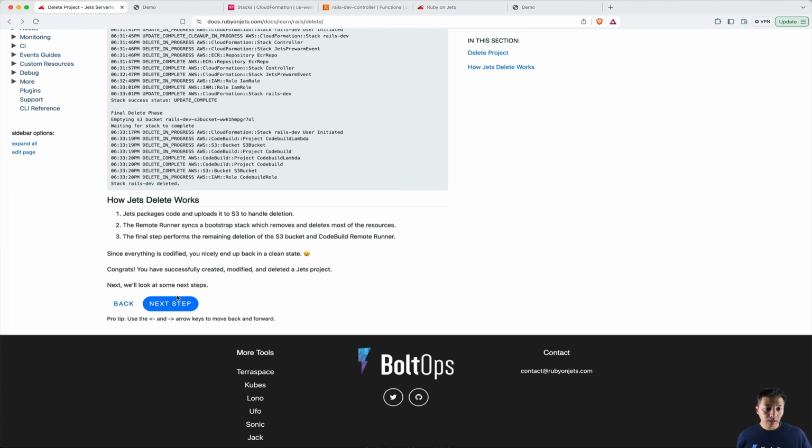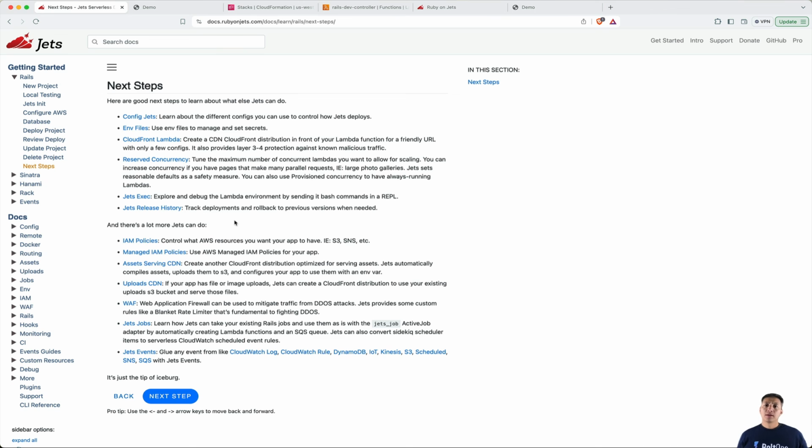So we'll click on the last step here, the next steps. So here are some next step links for other things you can do with jets. And I'll probably cover this in additional videos. But that's basically the getting started guide with jets, and that shows you how easy it is to get a Rails application running on serverless and AWS Lambda. Okay,